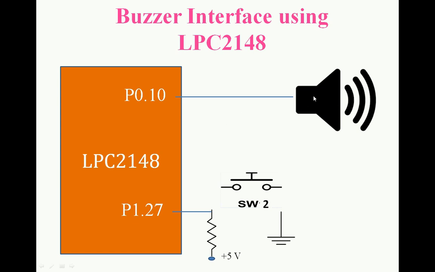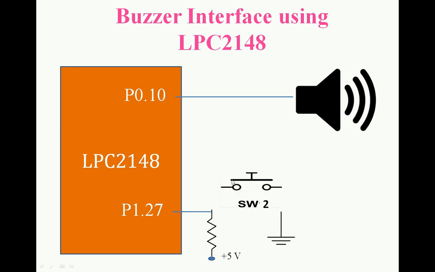The buzzer on the board is connected to the port 0 10th pin. The connection is already made here, so that's why you have to connect to port 0 10th pin only for the buzzer, right? But previously for the stepper motor you can use any pins. Why? Because the stepper motor is connected from the outside to the processor, so it does not lie on the board. That's why you can use any pins, but here the buzzer is already internally available and it is connected to the port 0 10th pin only, right?